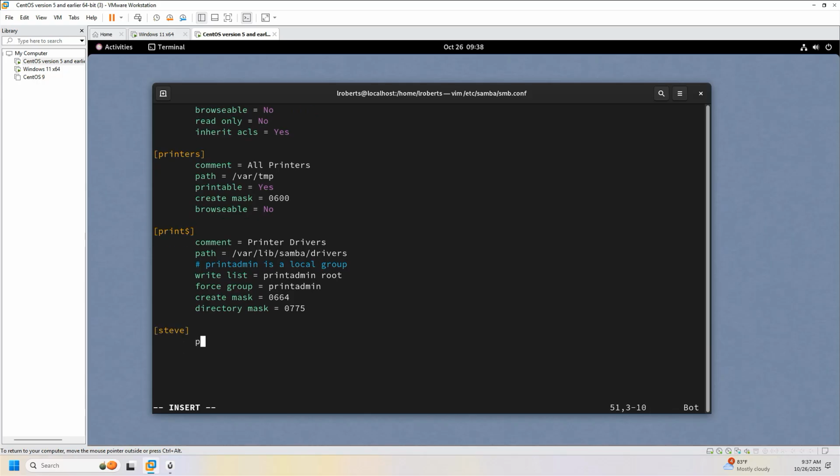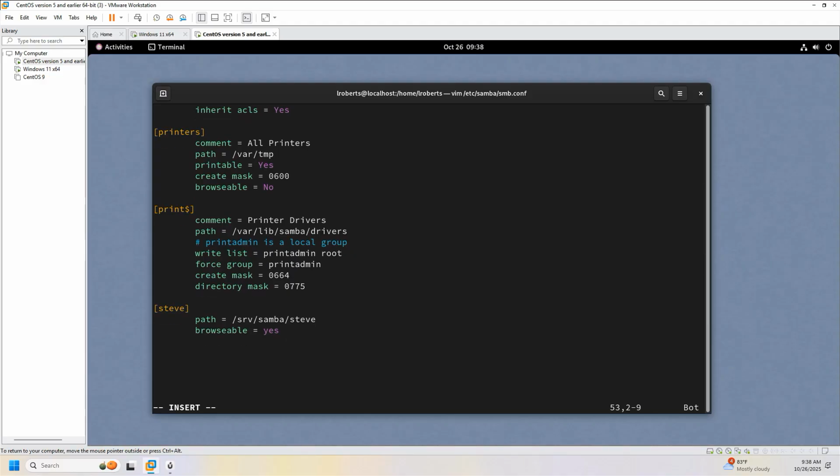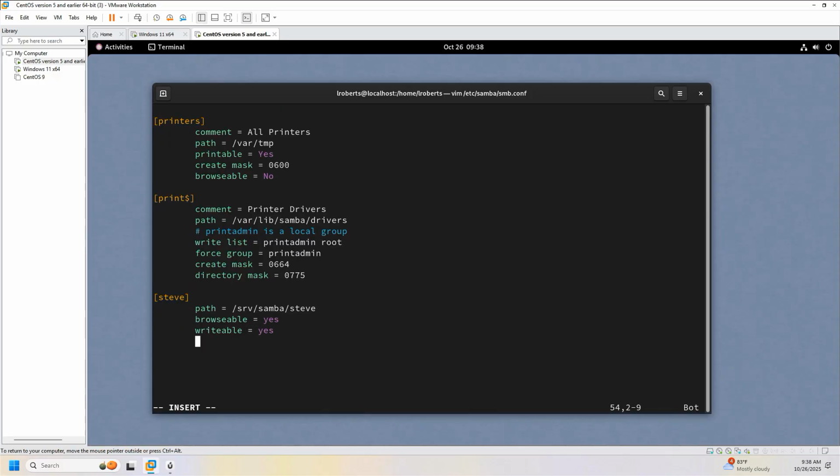And let's do a path equal /srv/samba/steve. Browsable, yes. Writable, yes. Guest,